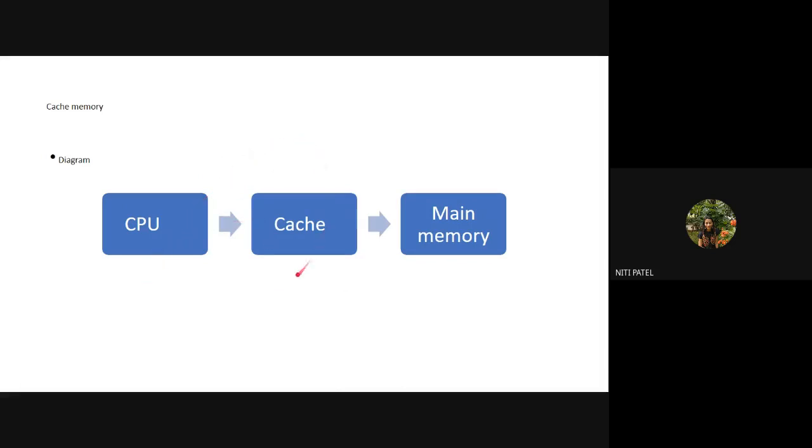First, the data is searched in cache. If it is found in the cache, it will execute from the cache itself. But if it is not found in the cache, immediate next it will search in the main memory. If it is there in the main memory, execute it from the main. But if it is not in the main, it will not execute. It will tell the main memory to load it in itself first, and after it is loaded, it will re-execute the program again. Okay, is this understood up till here?